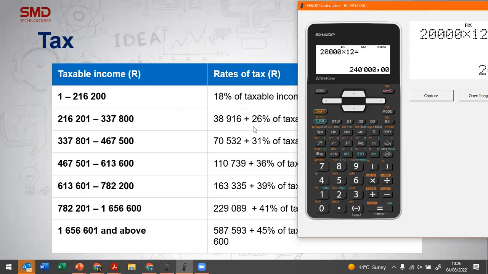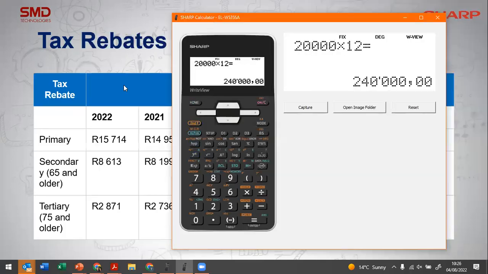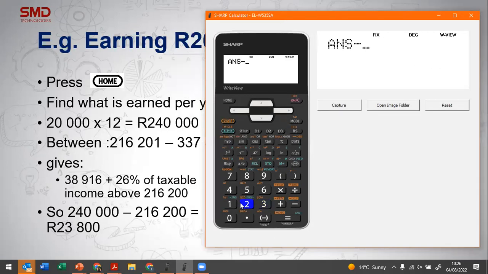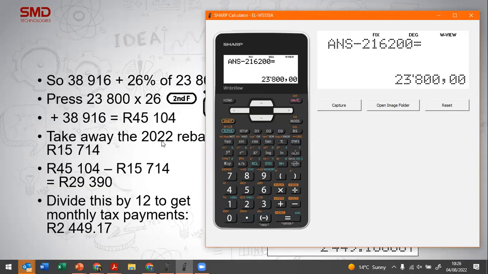which means we need to pay 38,916 Rand in tax plus 26% in tax over 216,000. So our first step then is to find the difference of 240 and 216,200. So we're just going to say minus 216,200 and equals, and that gives us a value over and above the 216,000 of 23,800. So now we need to find 26% of 23,800. So we're going to say times 26 and either second function 1 or just use your D1 key, depending on if you saved it. And it gives you an amount of